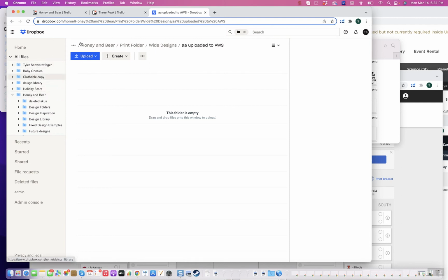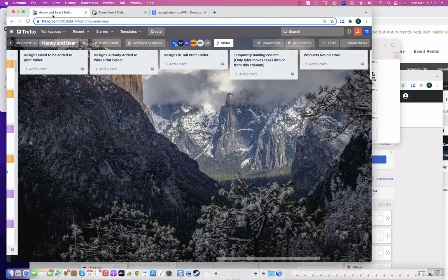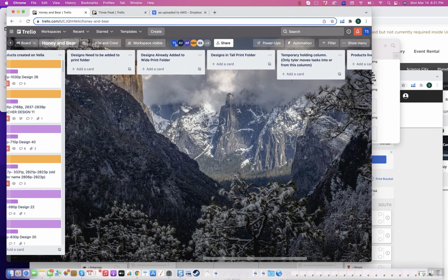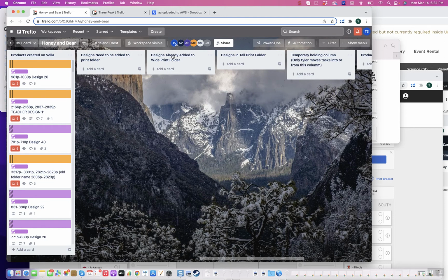So in this video here, I'm going to show you a few things we're going to have you help us do. These are mostly going off of some other tasks you're working on with AWS right now. So the first thing we're going to do is, if you go to Trello, I added a couple of columns